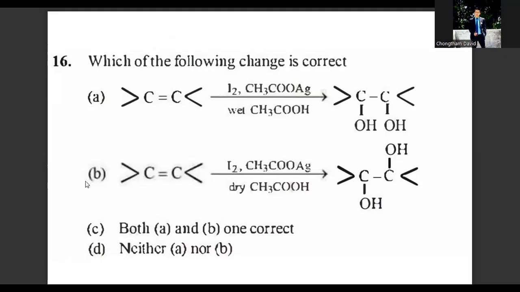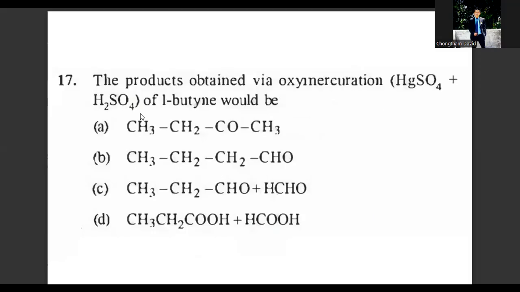So ethene in the presence of silver salt and iodine changing to diol. This is the first option. Second option, you have the same condition, but the acetic acid given to you is dry. So both A and B are correct. So C is the answer for question 16. Question number 17. The products obtained via oxymercuration of 1-butyne would be,